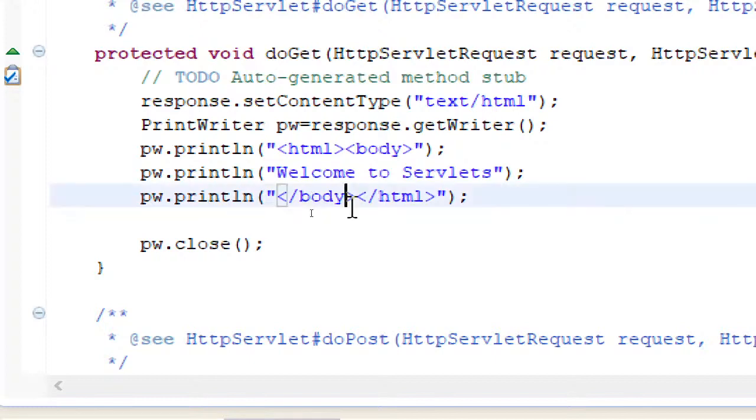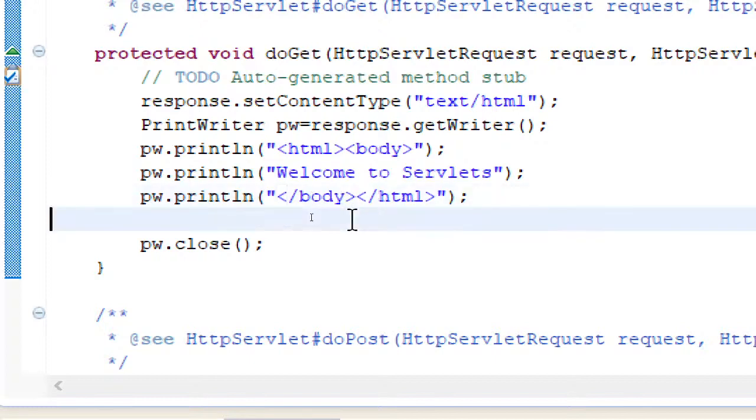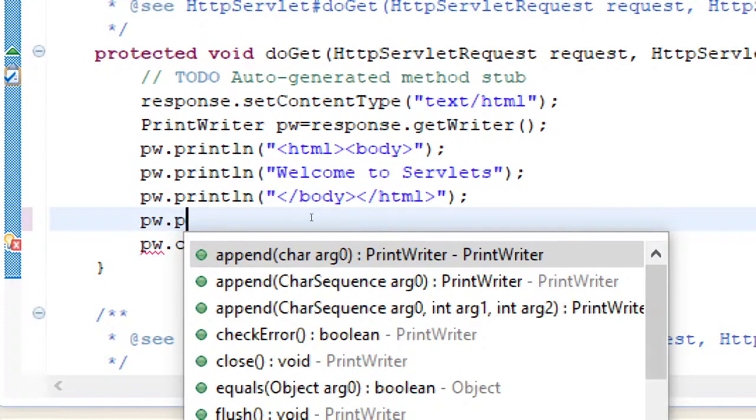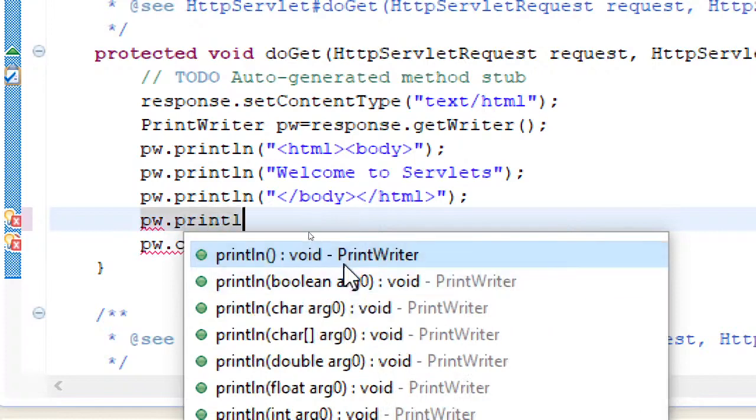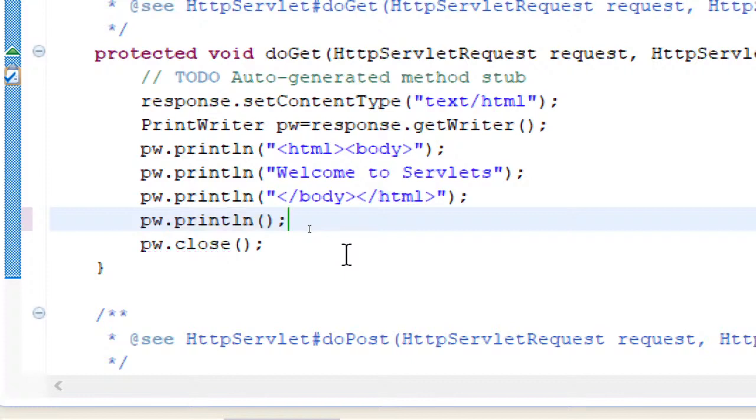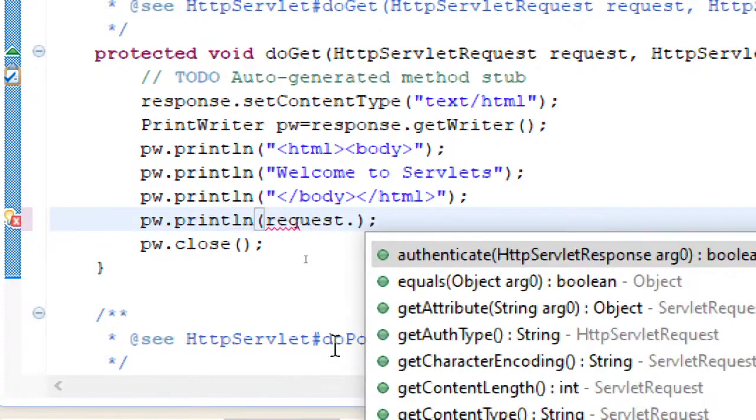So what I'll do is, I'll just write here pw.println, and then here request dot.